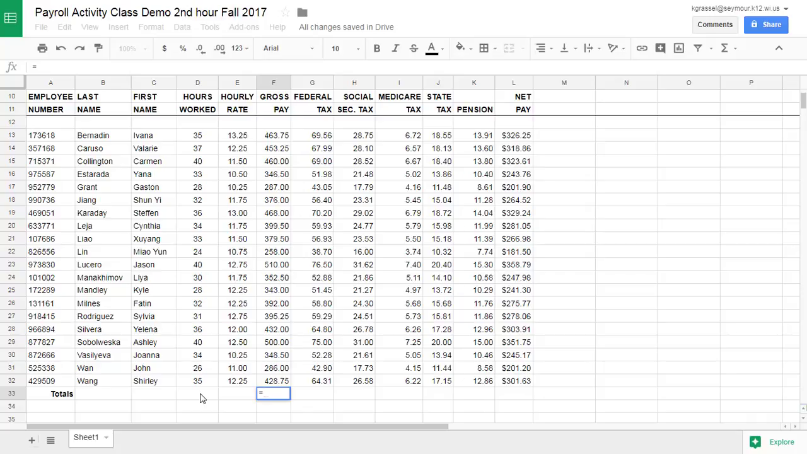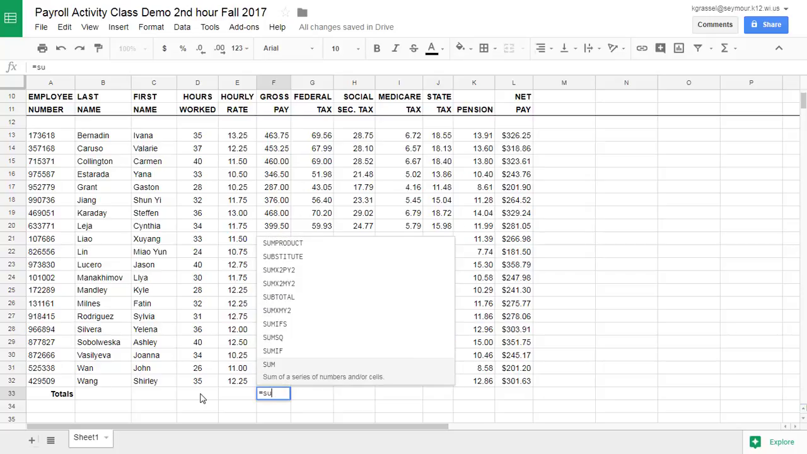So what I want to do is add up the sum of F13 to F32. So I just type in the first cell that I want to add up to the last cell I want to add up. And I'm also going to use the word sum, because we already determined mathematically that when you use the word sum, that means to add. So I'm going to do equals sum,